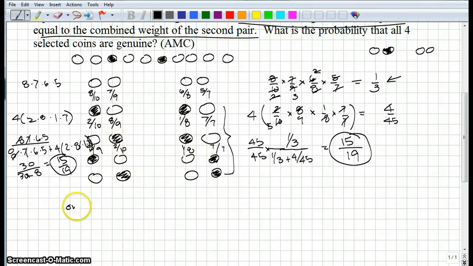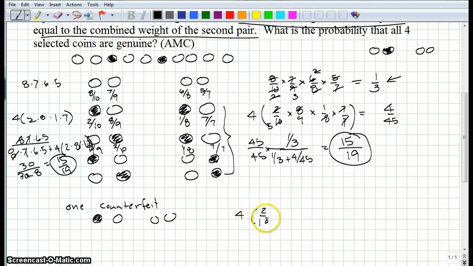The other scenarios would be 1 counterfeit comes up total. Okay, and that would look like you get a counterfeit and then a real one, and then a counterfeit, and then 2 real ones. Or your counterfeit one could go here, or it could go here, or go here. Okay, so you'd have 4